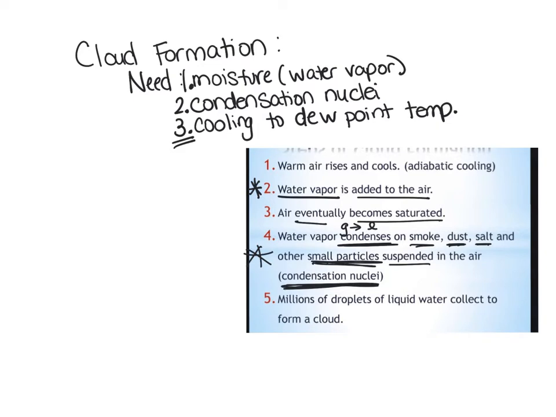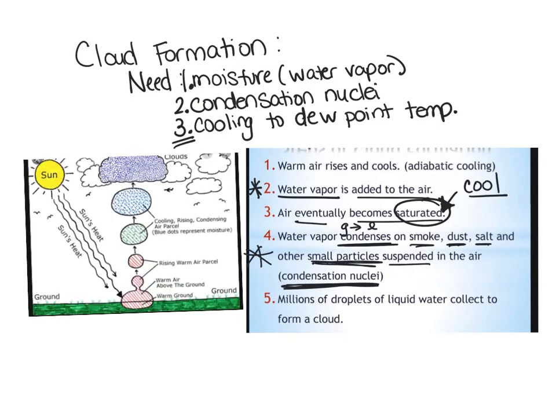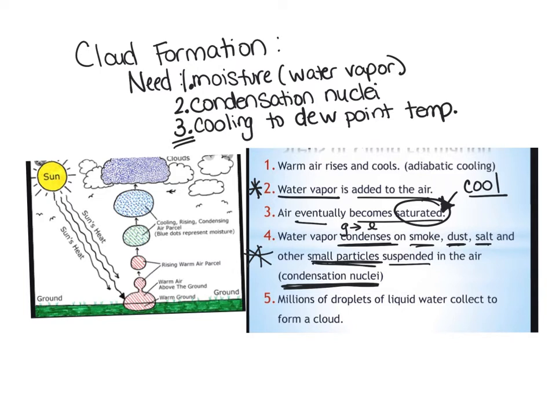Then we need the water vapor to go from the gas state to the liquid state, which means that we need the air to cool to the temperature where this will happen. This would be the dew point. The dew point temperature is the temperature at which the air is at the point at which it will be saturated and go from a gas state to a liquid state. This will happen as air rises up. Warm air will rise, and as that warm air rises, it expands. And as it expands, it will then cool so that the condensation can occur